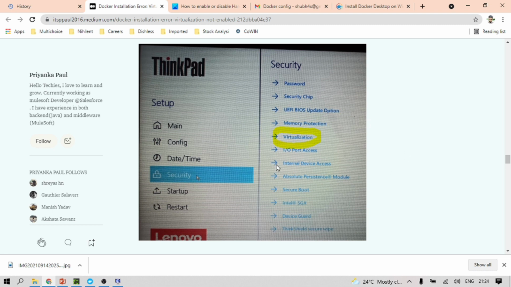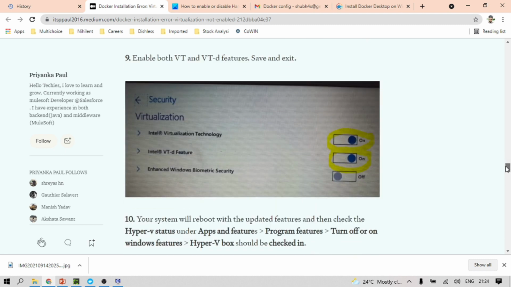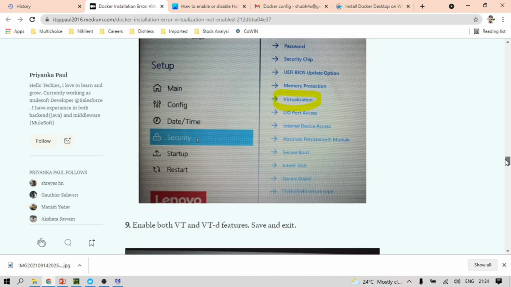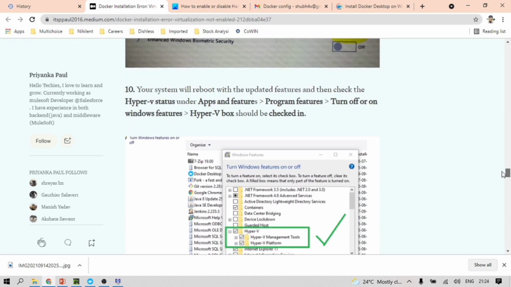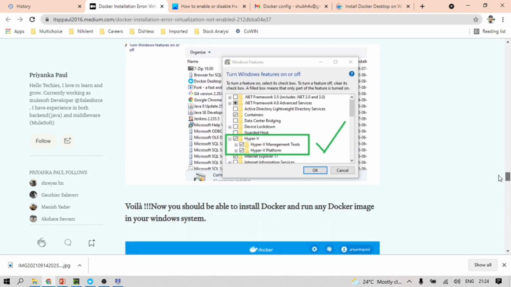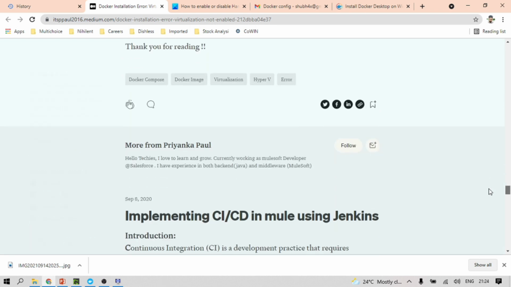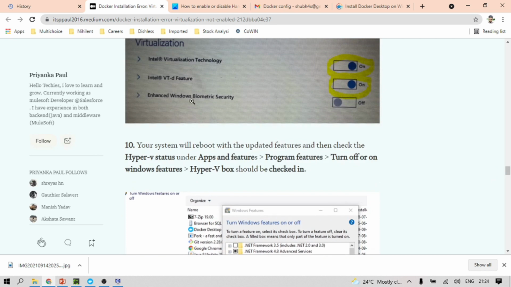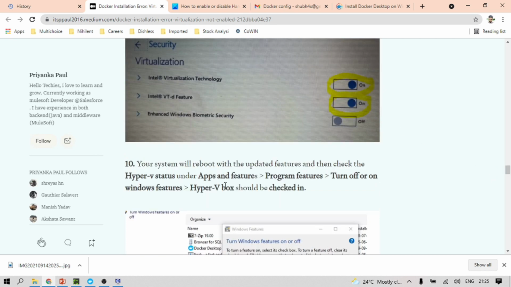save it. You will get instructions there on how to save, how to move up and down, and how to go to the bottom. After saving it, virtualization will be enabled on your PC. Just save it and restart the PC. After restarting, virtualization will be enabled on your PC.